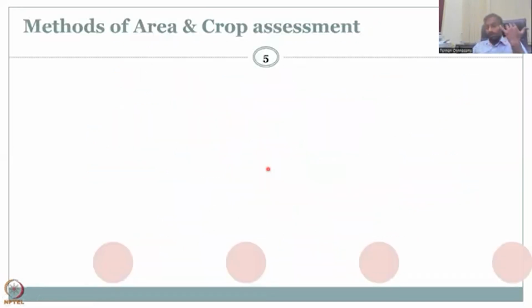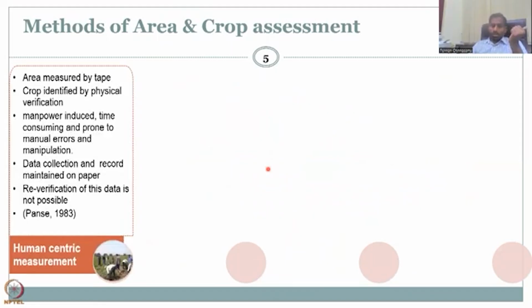You can see that there are a lot of methods to assess crop area and crop type. The oldest version, and it is still going on, is the area measured by tape. They go to the field, for let's say sugarcane, they measure the area with the tape, length and breadth, multiply, you get the area, and then you get the acreage, the crop statistics. The crop is identified by physical verification, they go there, sugarcane, yes, it's sugarcane. Manpower is involved, it is time consuming, prone to manual errors, because you will go there. Yes, sugarcane you can identify by visualization, but then in between there are other crops,